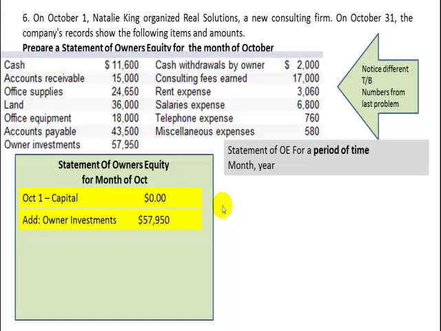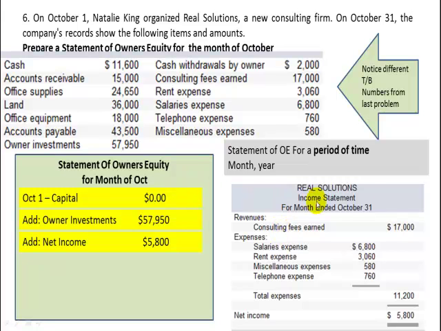Now, we had owner investments during the month. Anytime the owner invests in the business, that increases the owner's equity, and that came from this trial balance information, $57,950. We also have net income of $5,800. Now, there's two ways to do this. You can do a shortcut, or you can go the long route. I think what I did in this problem to come up with this net income, I just put over here to the side